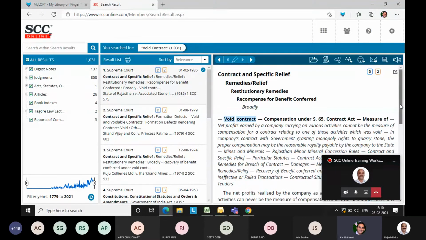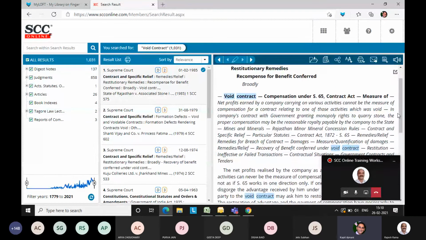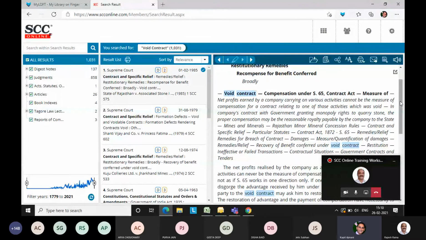If you want to read the full digest note, it is in front of you. This is related to void contract compensation under Section 65 Contract Act, measure of net profits, etc. If you want to maximize it, there is a full screen logo available. You have to click on this, and you are done.